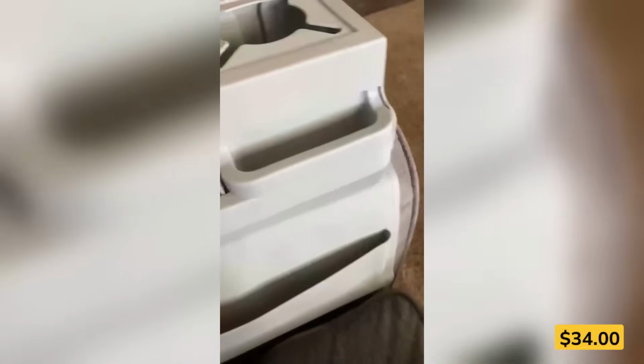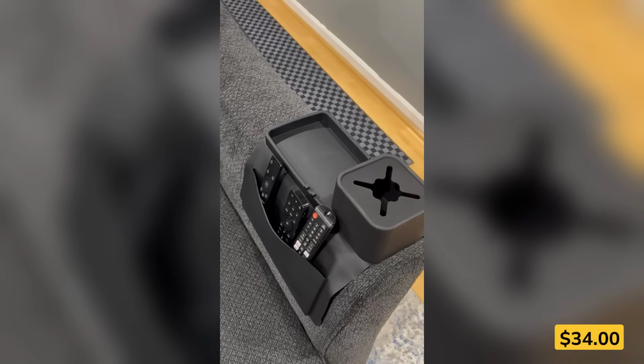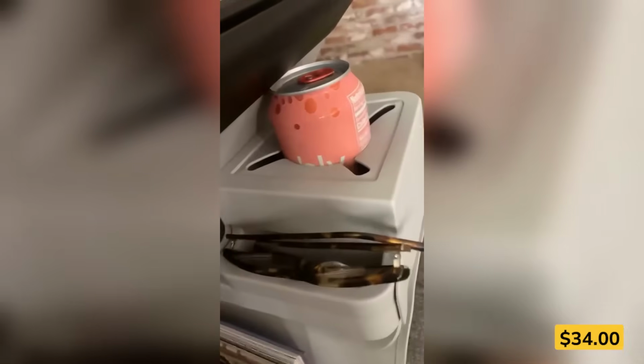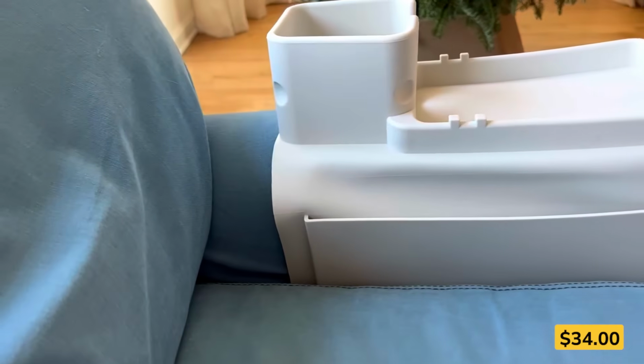Turn your sofa armrest into a mini table with this silicone couch cup holder and tray. Made from food-grade, dirt-resistant silicone, it grips firmly without slipping, keeping your drinks, remote, phone, or snacks safe and within